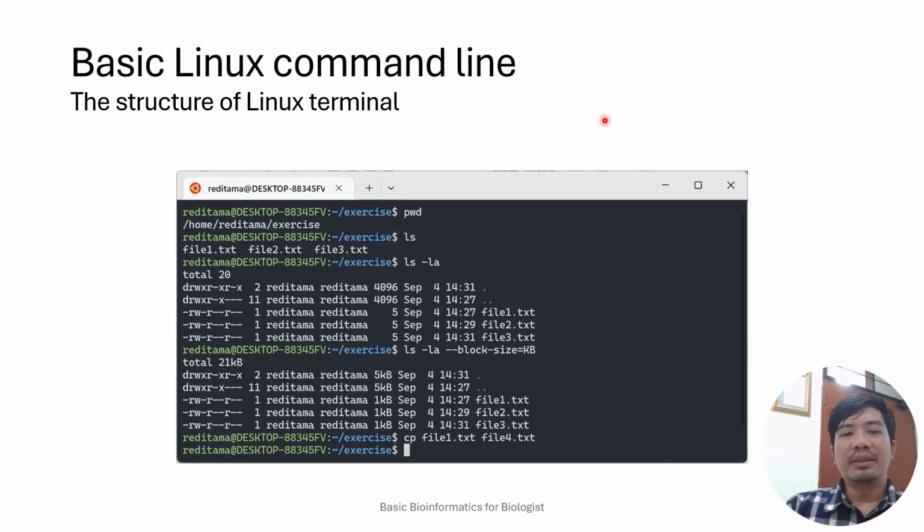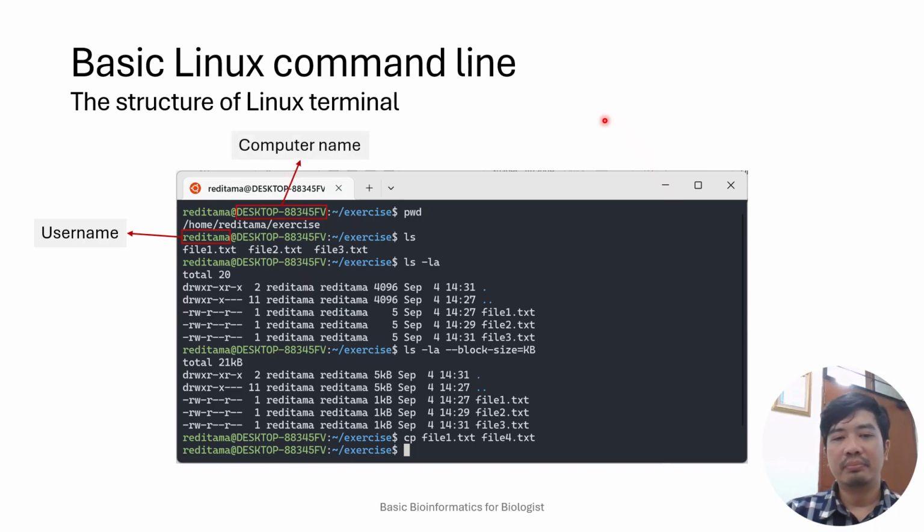So we need to understand how to work with the terminal. This is the structure of the terminal. The first is the username, and then this is the computer name, and this is the directory you work in. It means that I work using my username on my computer in this directory.